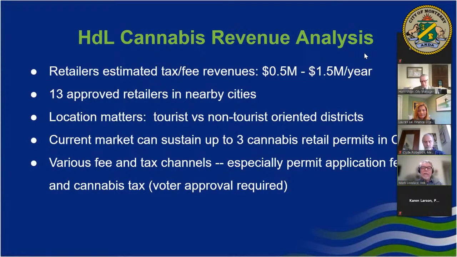And so with that, we think that could accommodate an additional 3 retailers because that's additional to the residential population. As in the report, it notes that if you had locations that were not visitor serving that are in